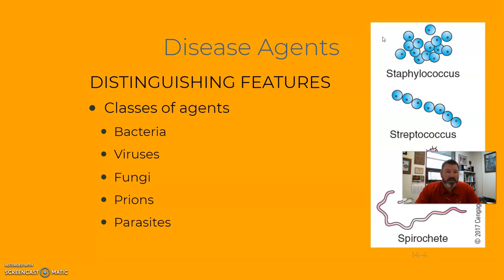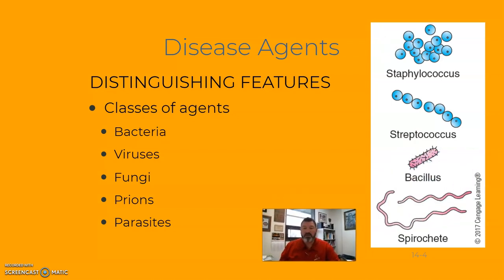Of course, when we look at different disease agents, and there's many different classes of them, bacteria and viruses would be the top two that would come to mind, and I have some pictures here on the right side of the screen that show you a little bit of what some of those might be. But also don't forget about fungal problems that we may have, prions, which for example would be mad cow disease, or even parasites. All disease-causing agents that are going to be important for us to understand how to battle effectively with our livestock.